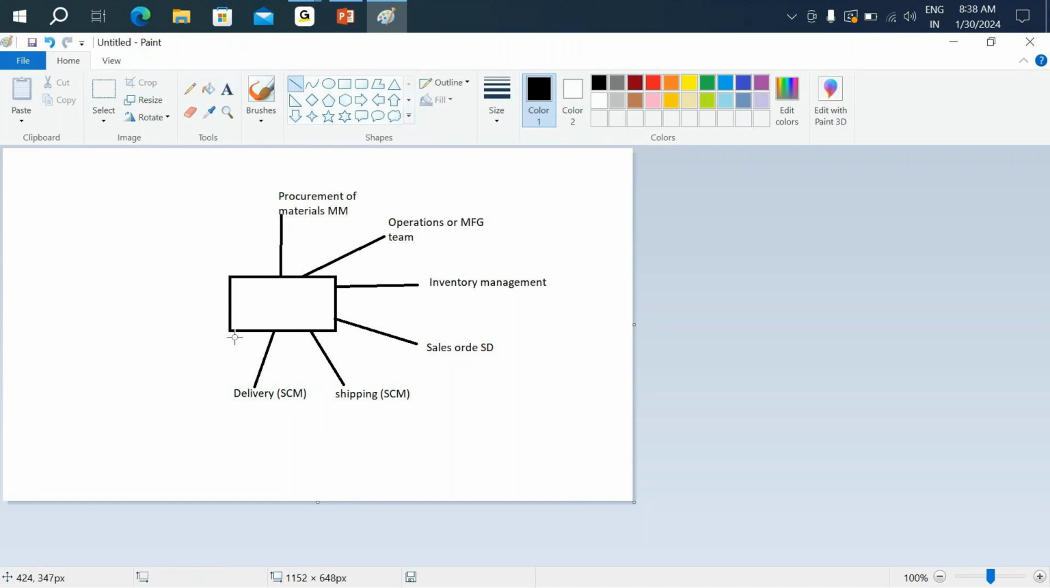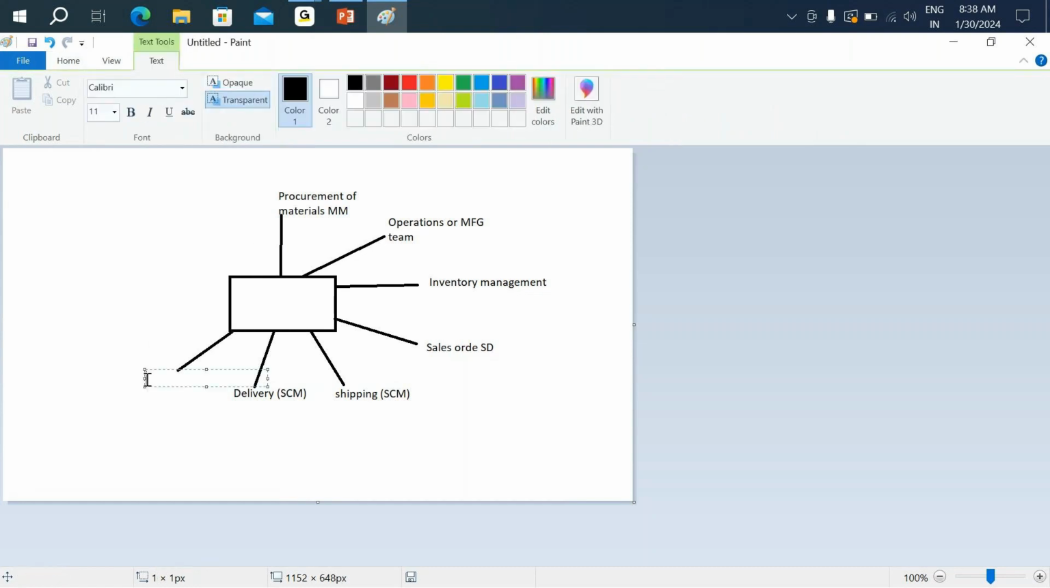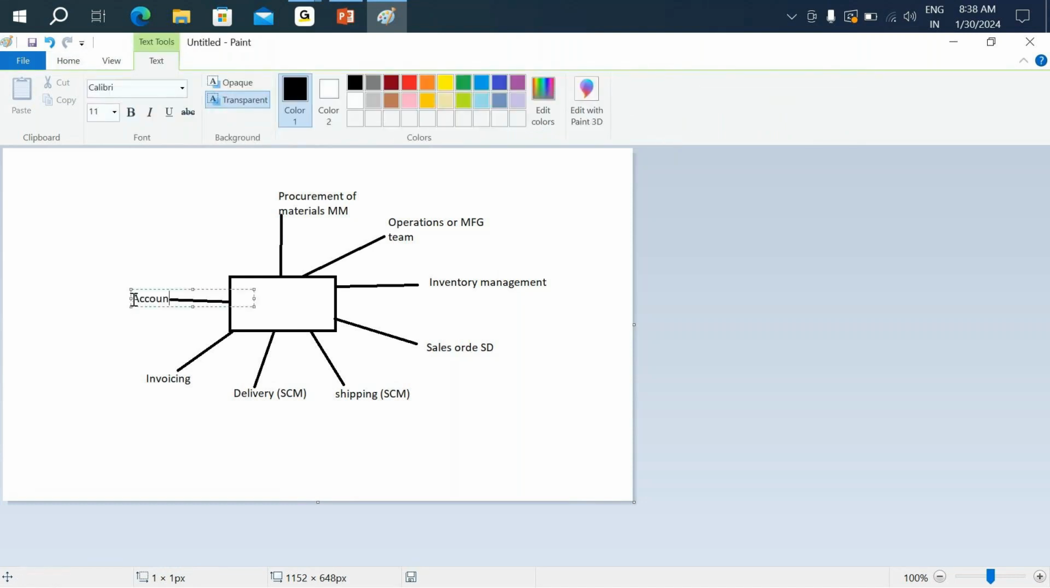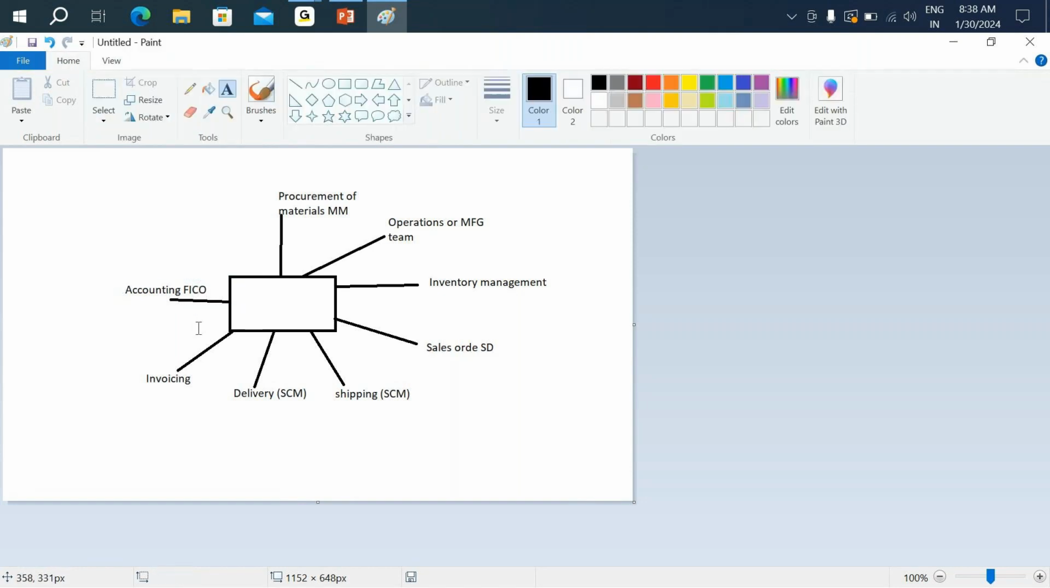So once it is delivered, what happens next? You'll have an invoice, right? After the delivery only you'll be getting the invoice. Invoicing. Then once the invoice is created, you'll do the payment. So this is nothing but your accounting. Accounting is FI. Accounting is nothing but FICO. So this in general is a flow for a chocolate factory,